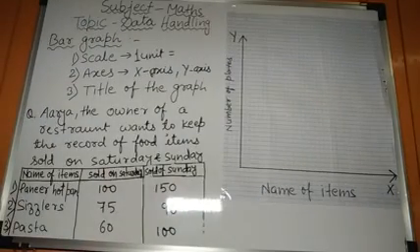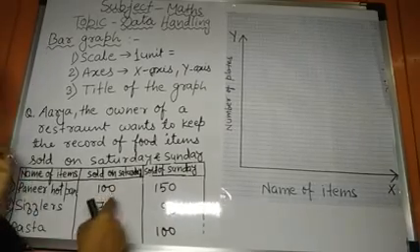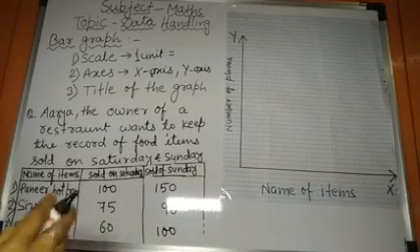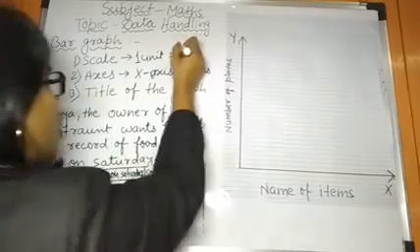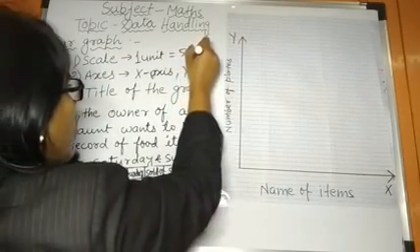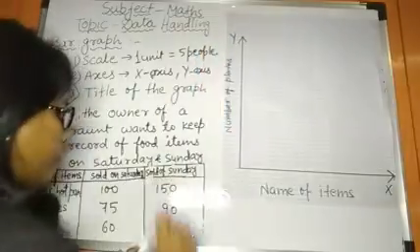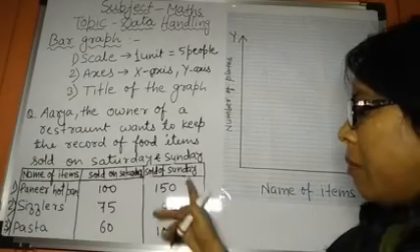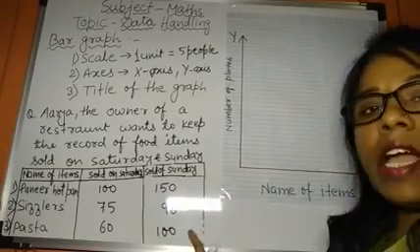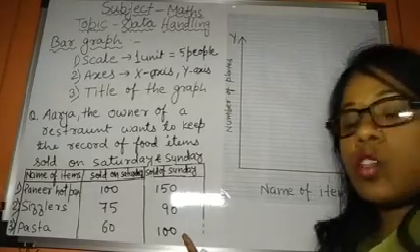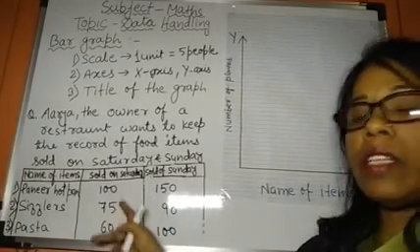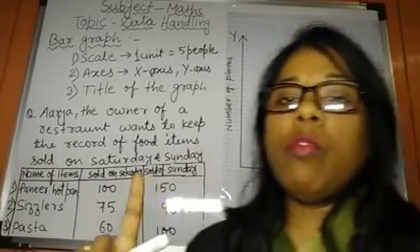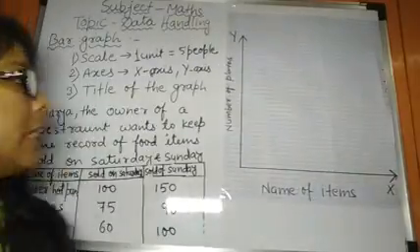Here you can observe that it is in multiples of 5 and here it is in multiples of 10. So what will we do? We will take 1 unit equal to 5 people. Why 1 unit equal to 5 people? Because we have to match both these. Though this can be done with the table of 10 also, here it cannot be done by the table of 10. One more thing we can do is take 1 unit equal to 15 people.